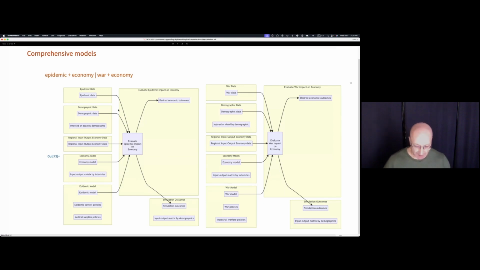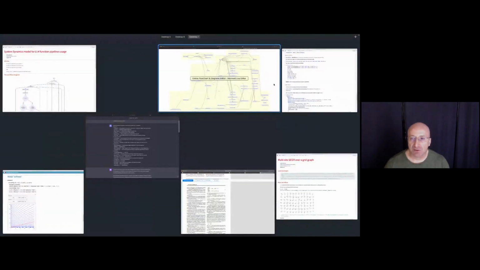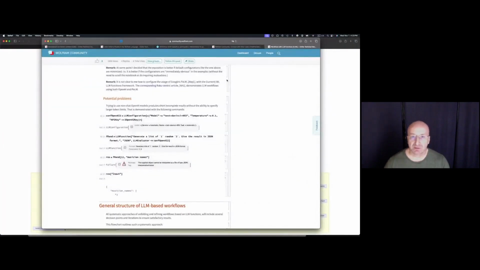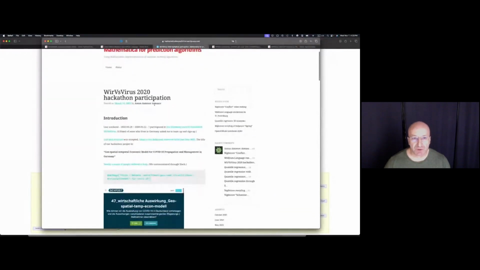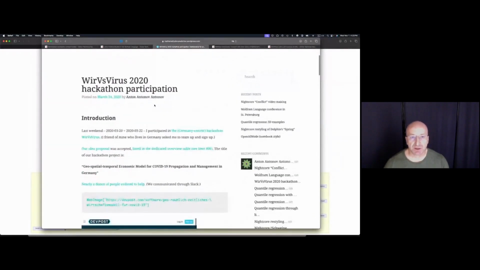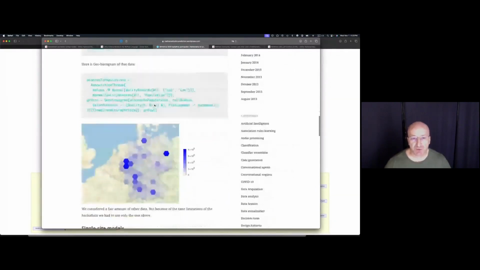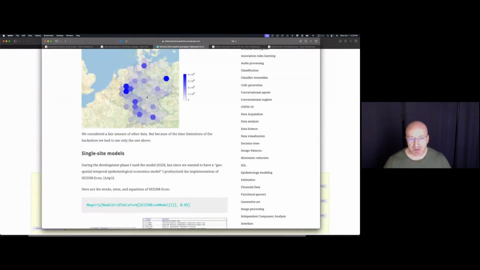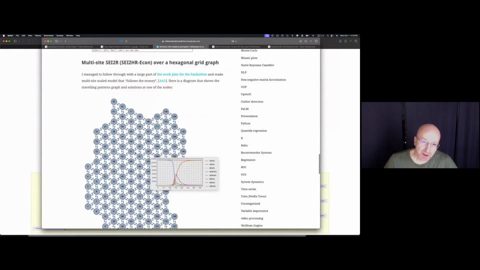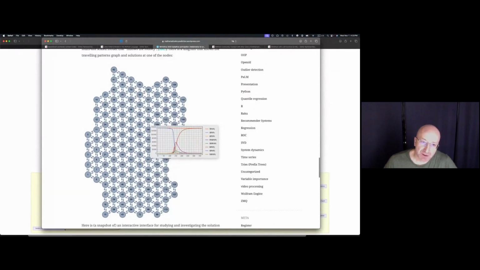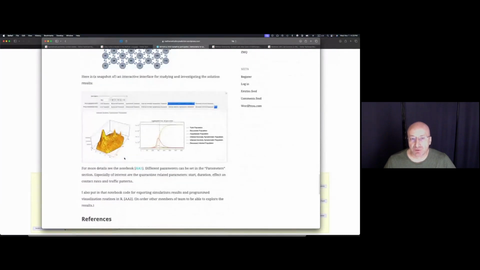in different countries. And so one of the things which I was working on, and hopefully I have a very handy, apologies here. So I participated in a hackathon called Vir versus Virus. This is in Germany, right? And the idea here is to simulate different types of economic activity in Germany, to have this geospatial component to simulate the travel and the interaction between the different geographical regions,